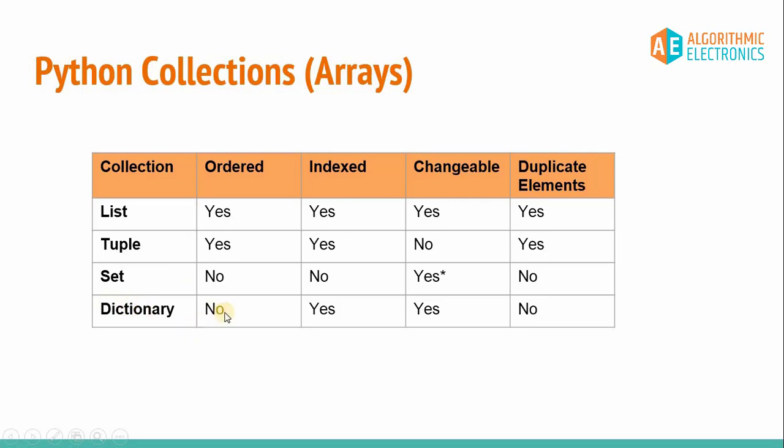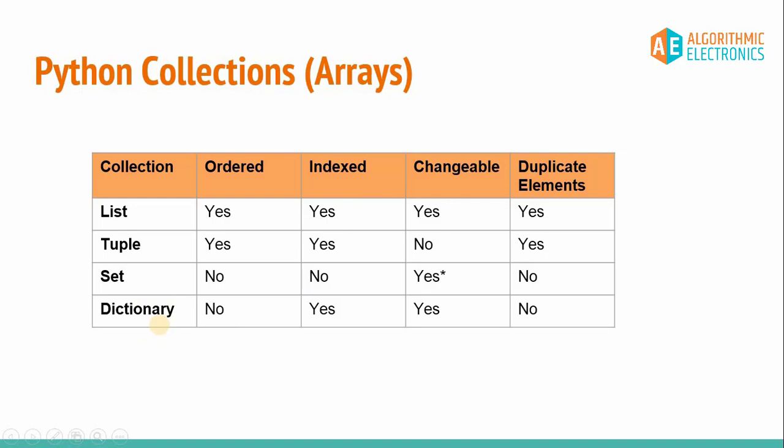When I talk about the dictionary, it is again not ordered, it is unordered, and again it is having the index. That is one of the important factors. As it is not having any particular order, how can it have the index? So just keep watching the videos. I'll show you how it has an index. It's quite interesting in terms of the dictionary.